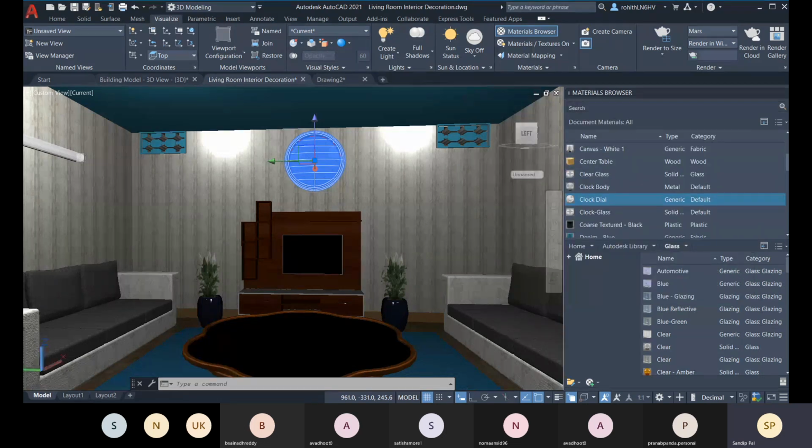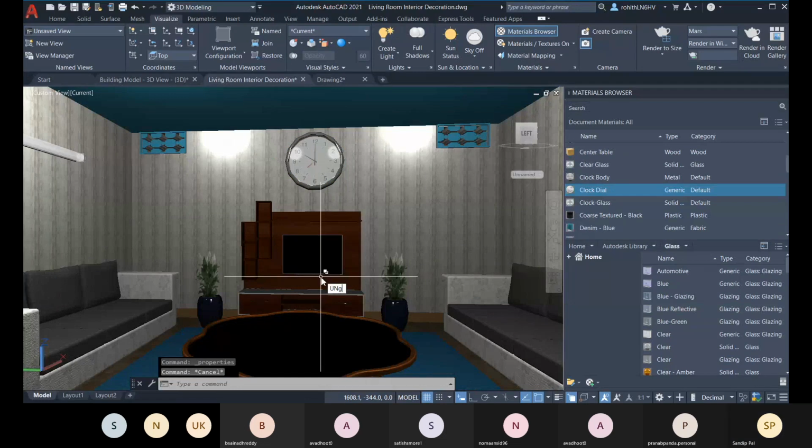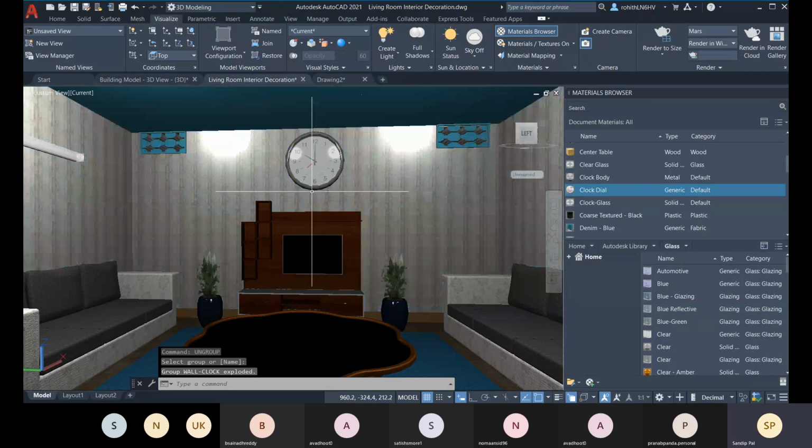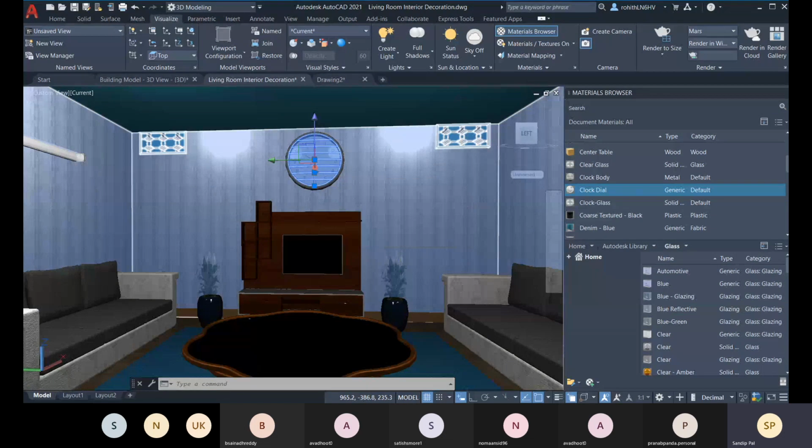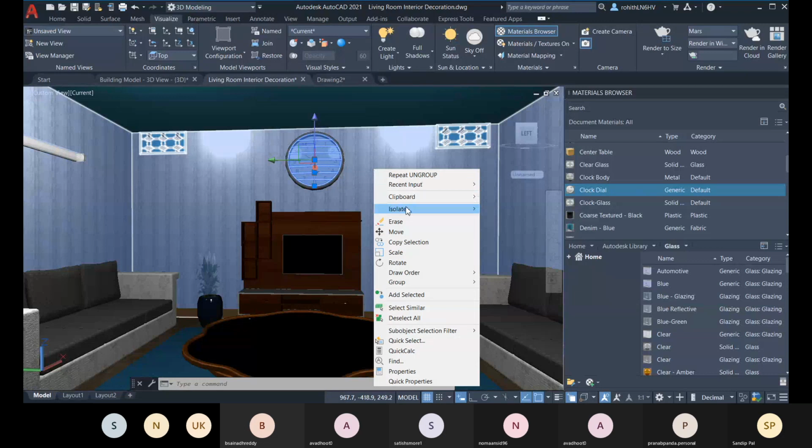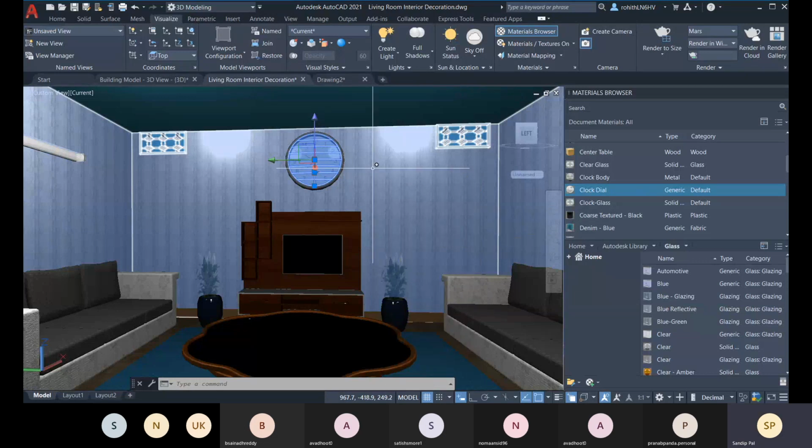So let me ungroup, enter. Let me select it, and it is ungrouped right now. Now let me just select this glass, right click, hide this object, and I have this one.